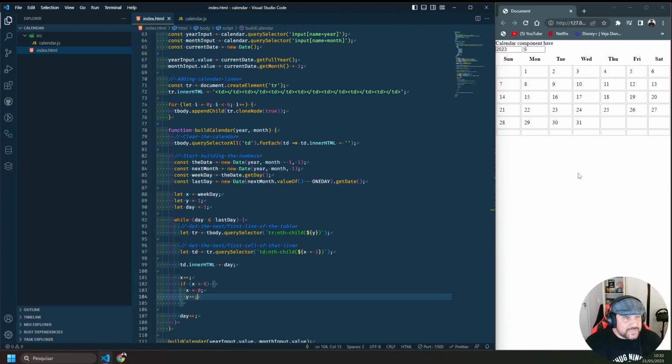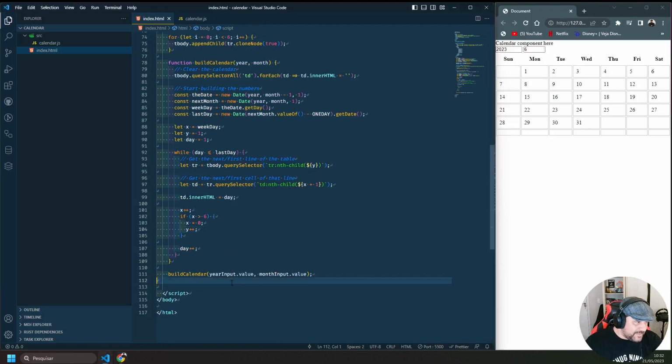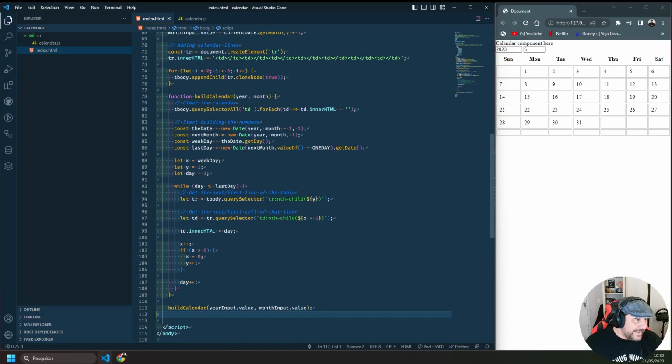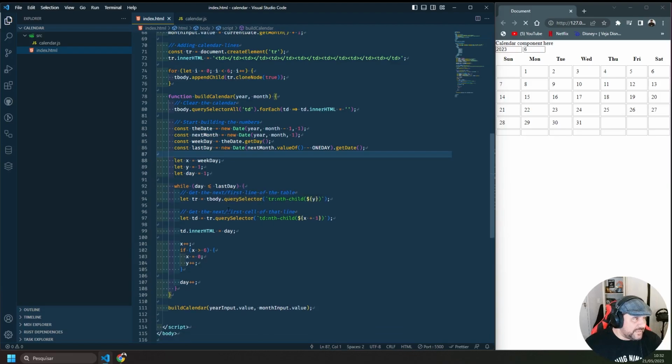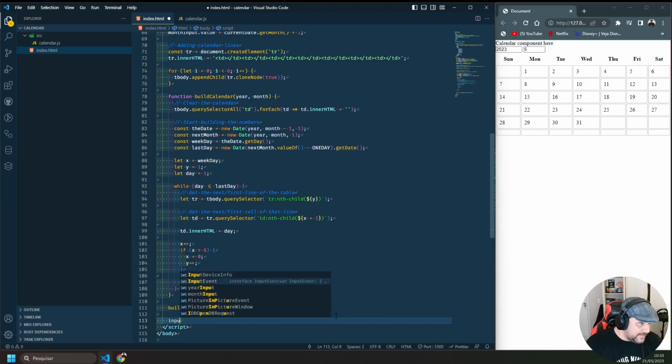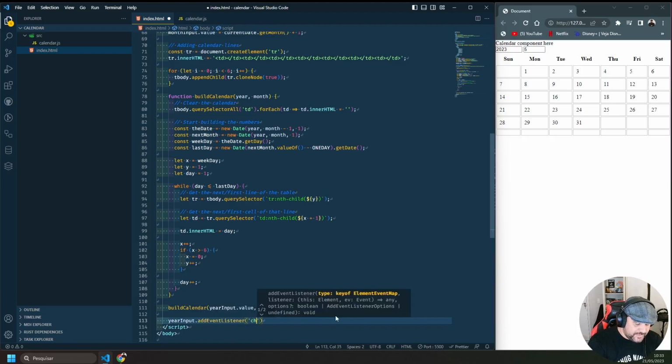This is completely correct. So I have 31 days in May, but if I change the month here, it's not going to change the calendar. So let's fix that. I have to build calendar here, but now, and since I have references to the elements, I'm not even going to put this in here, because this is just to build a calendar, and build calendar is working. So what I can do here is to get my input for the year and add an event listener for the event change,